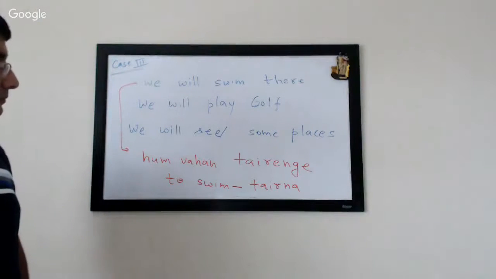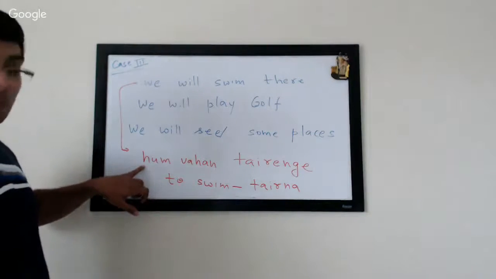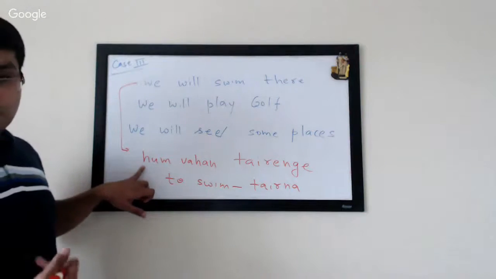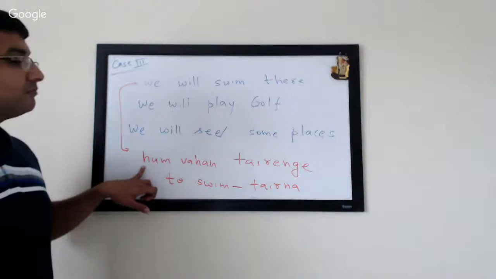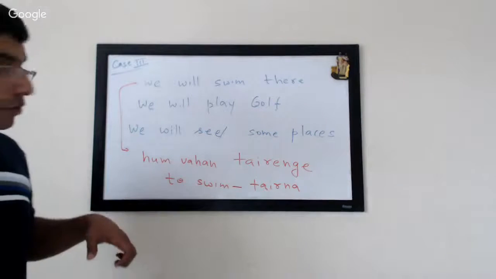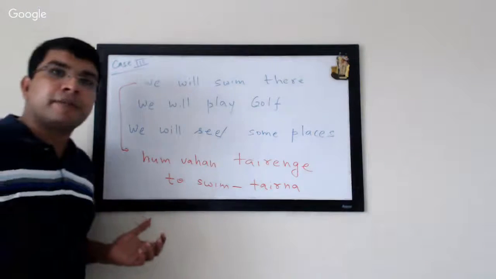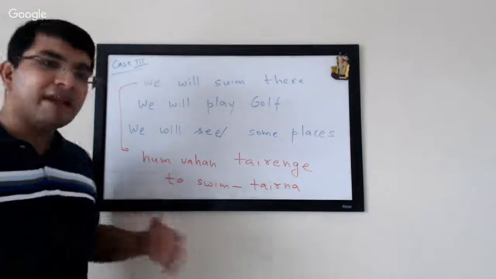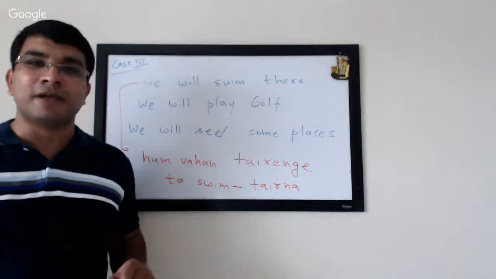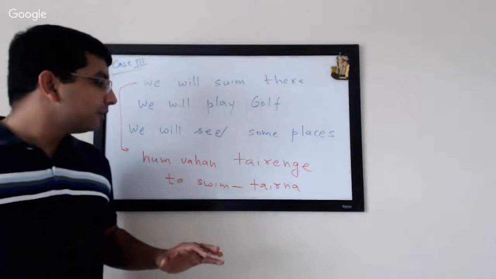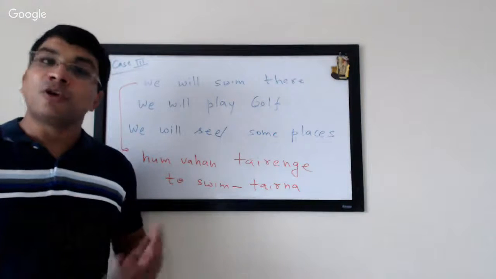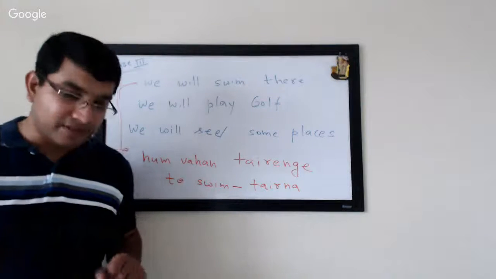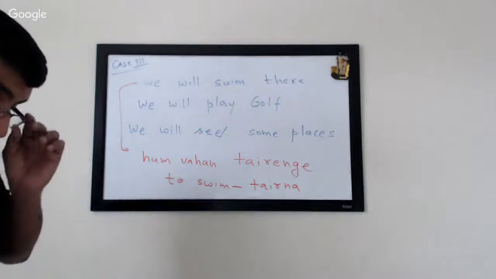Even more complicated: हम वहाँ साफ पानी में बहुत देर तैरेंगे. That we will swim in clear water for a long time. So our principle is always the same. Start with a very basic sentence, and then try to make it gradually more complicated. That's much easier that way, and you'll gain more confidence, and you'll not make smaller grammatical mistakes anyways. So you'll be fine there. Okay, so that's the first one.